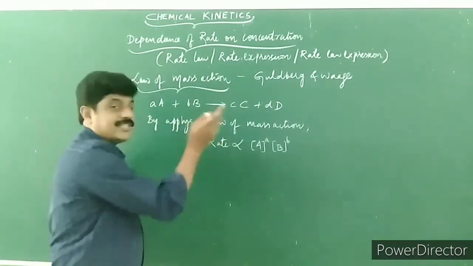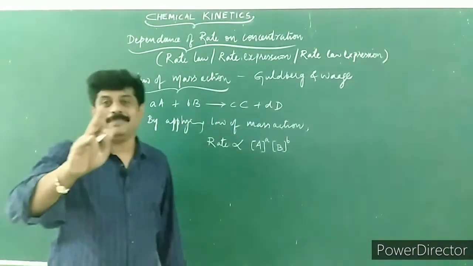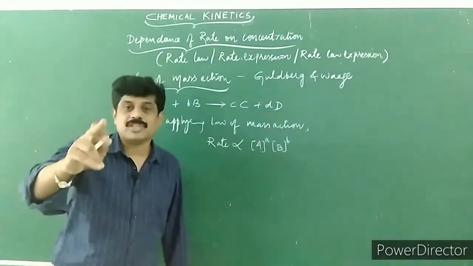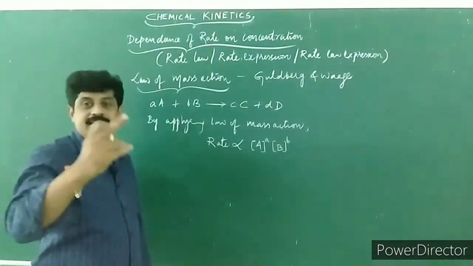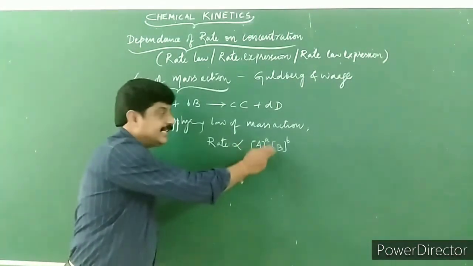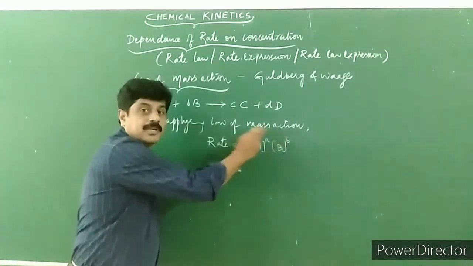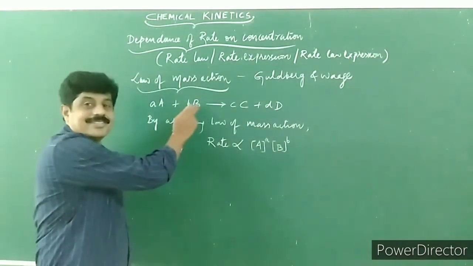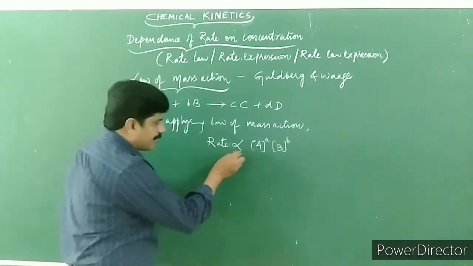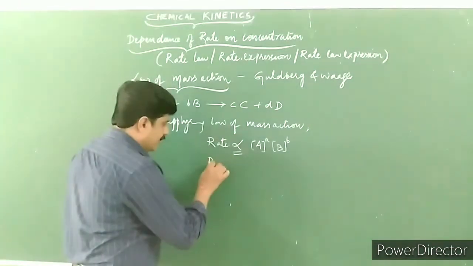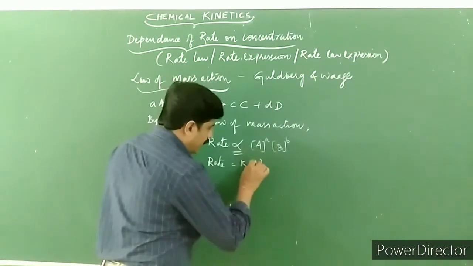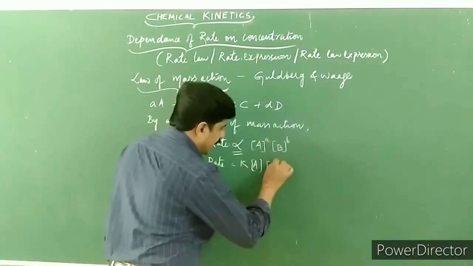Children, let me repeat. The law of mass action states that at a given temperature, the rate of the reaction is directly proportional to the molar concentration of the reactant raised to the power equal to their numerical coefficient in a balanced chemical equation. Children, in that case, let me remove this proportionality sign by using a constant. Look at here, the rate is equal to K into the product of the molar concentration of the reactants raised to